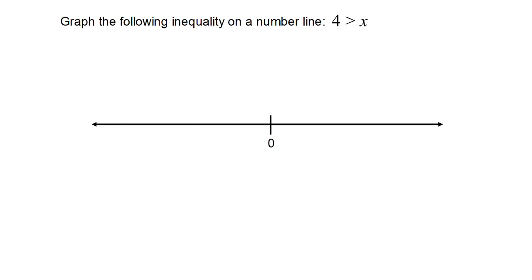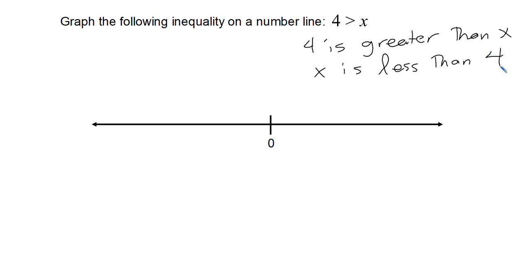So this one looks a little bit different, right? We've got the 4 on the left side of the inequality and the x on the other side. So it might be a little bit confusing at first. Right? This is saying 4 is greater than x. But you can also read it backwards. You can read it with x is, then because the point is to the x and the opening is to the 4, that means that the x is less than